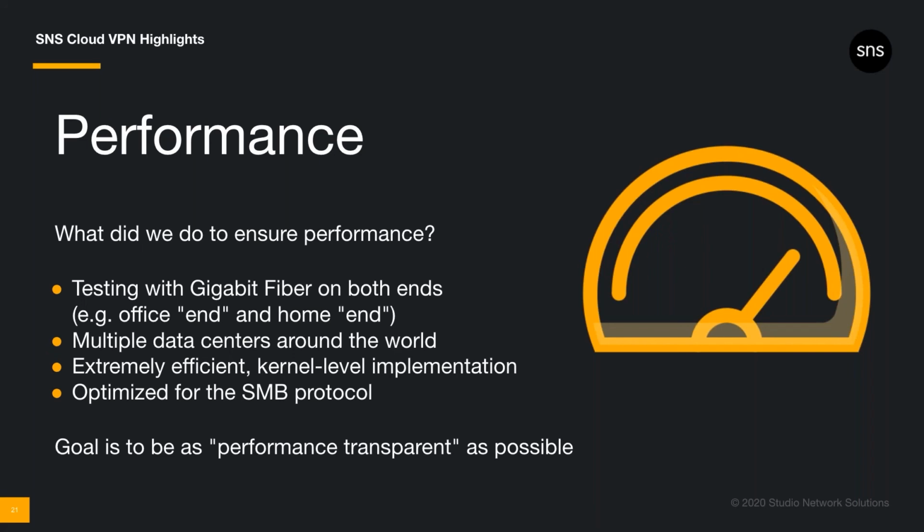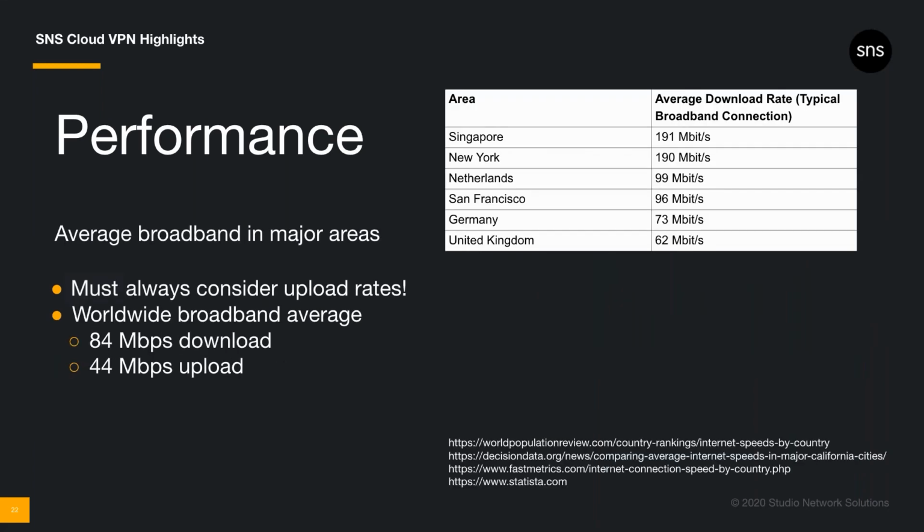So far, what we're seeing is that we're improving performance in instances where we're replacing an existing VPN. Ultimately, our performance goal is not to be the bottleneck in the chain. Again, we're dealing with internet connections. So let's take a look at something. We did a lot of research on broadband internet, and we discovered some surprising facts. Average internet performance in most places is not great. Here are averages for a few major areas, and these are download speeds for broadband internet.